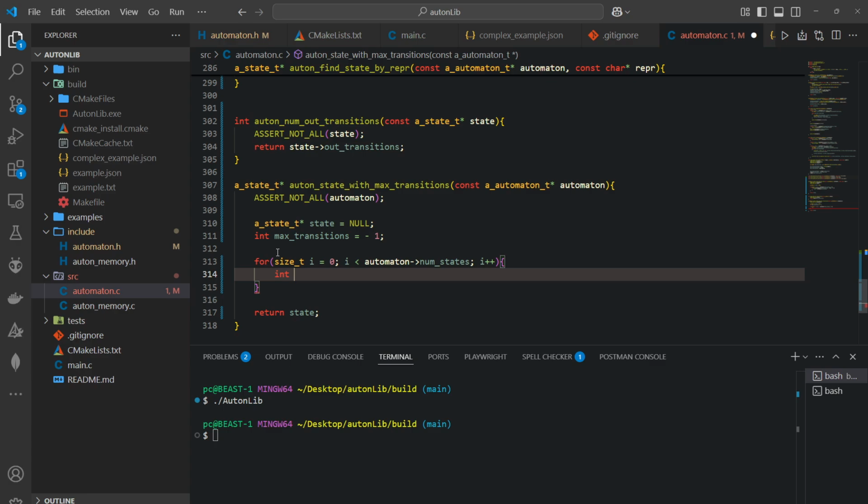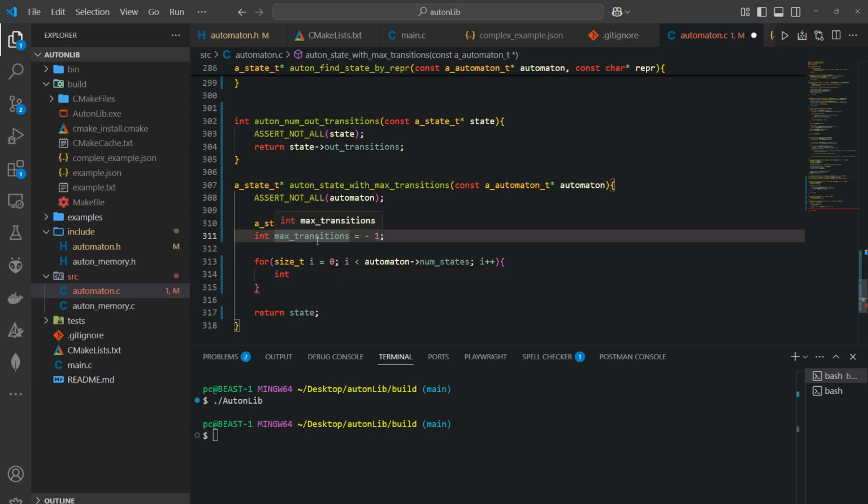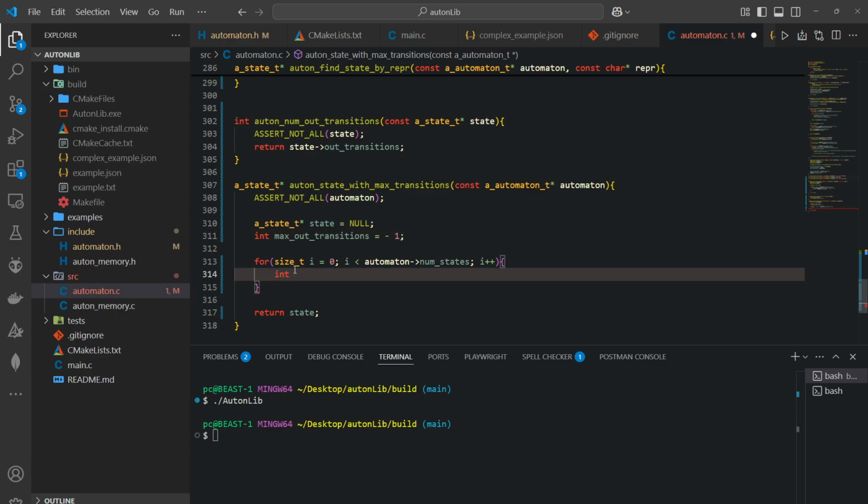Okay, let's go ahead and first of all get the number of outgoing transitions. And I think it makes sense that we call this variable max out transitions, not just max transitions, because we're talking about outgoing transitions. We can also have incoming transitions, but now we're talking about outgoing transitions. So I think what I need to do here is, let's first of all grab the number of outgoing transitions